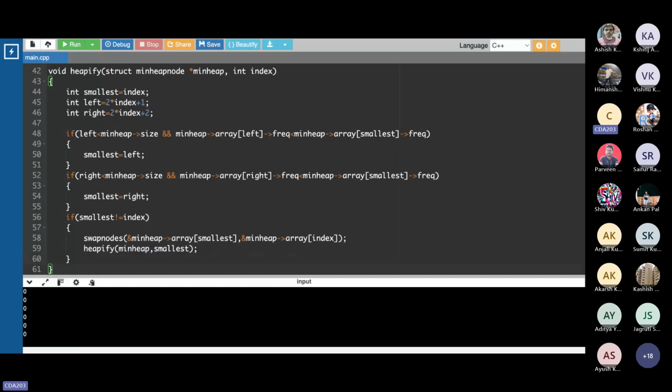So this is the heapify. So if you look at the code, you comment things like